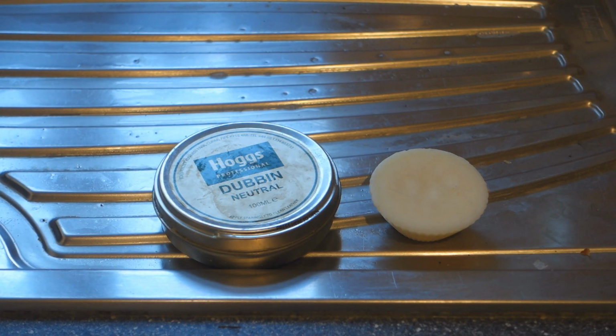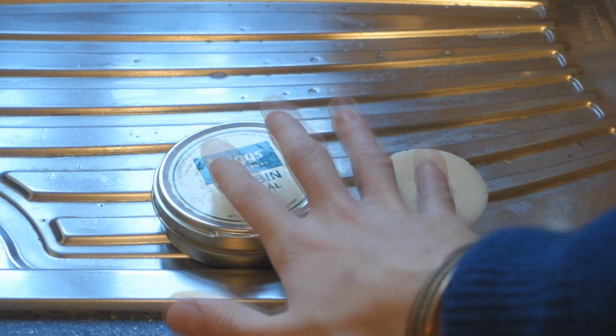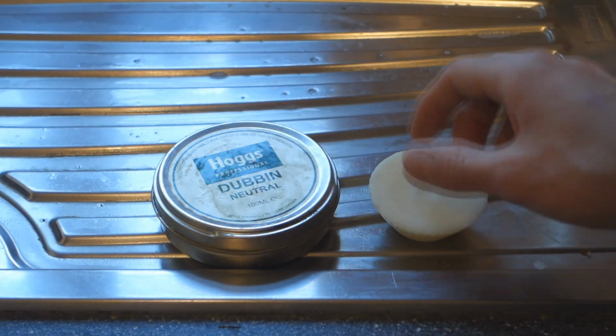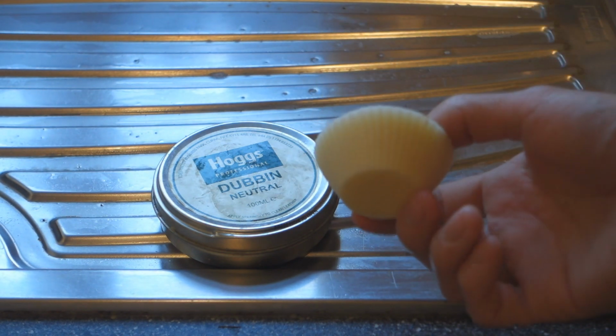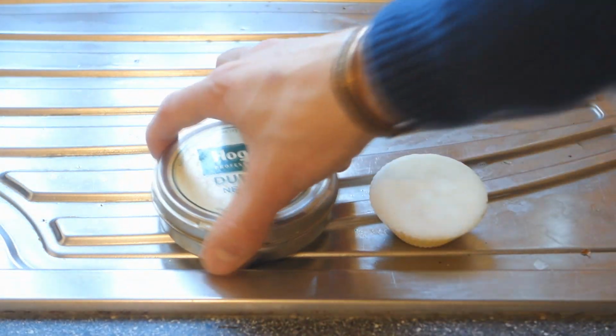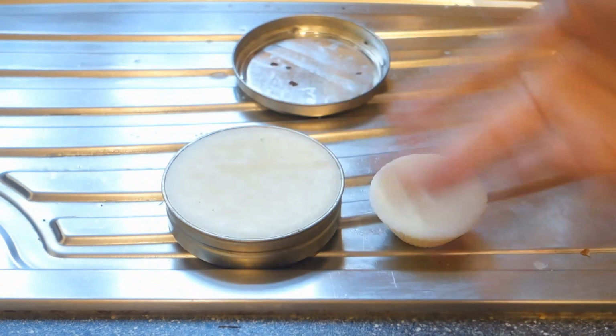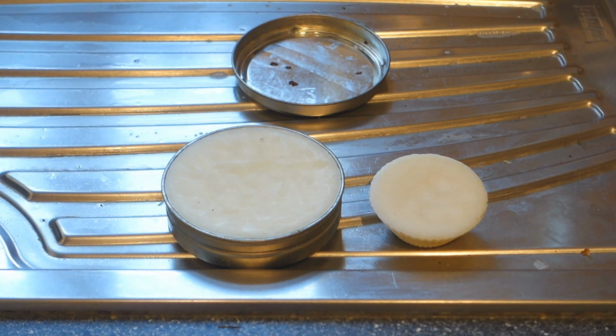So what's in your wax, Brian, I hear you say? Both of these are exactly the same wax. They're just done for two different purposes. This is done in a cake-like form, so I can actually physically rub it onto the boot. And this is in a tin, so I can melt it down and get the melted substance onto the boot itself. In this wax, I put 1 part beeswax to 1 part coconut butter and 2 parts